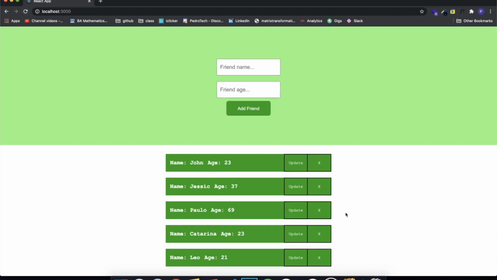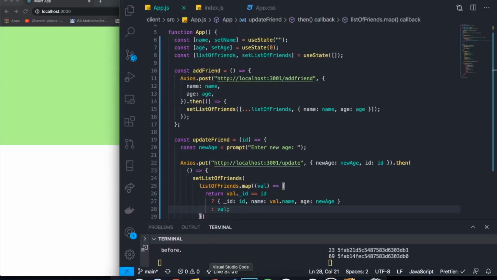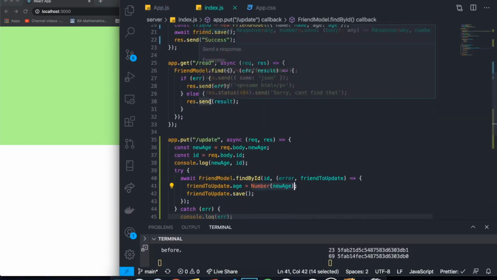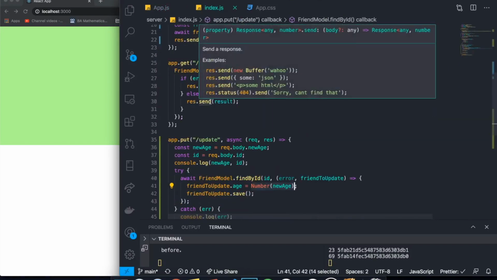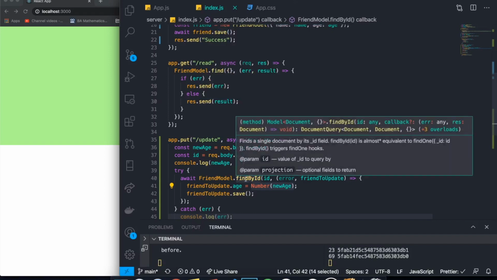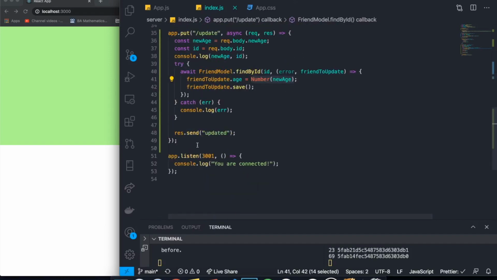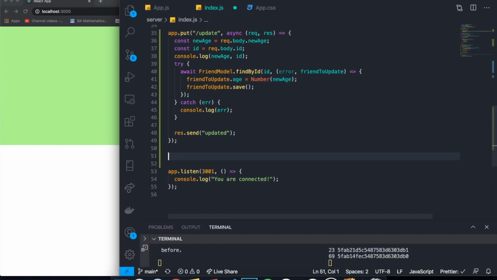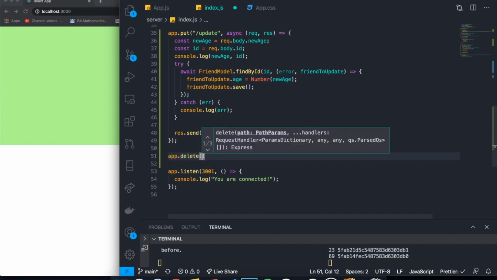Now let's work on deleting stuff, right? Because that's probably as important. So how do we actually delete stuff? I'm going to come here to our backend, to our index.js, and let's create our route that will allow us to make those deletions. Let's create an app.delete, because delete is a type of request that we can make,